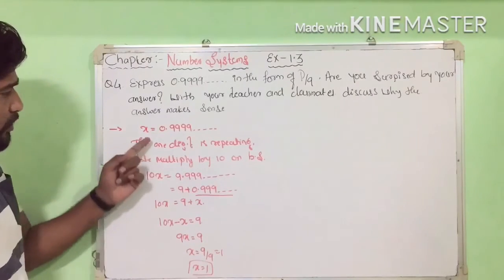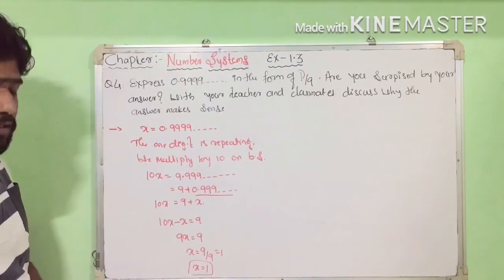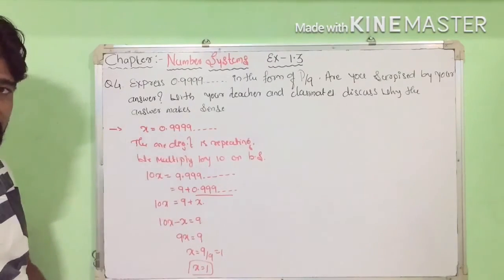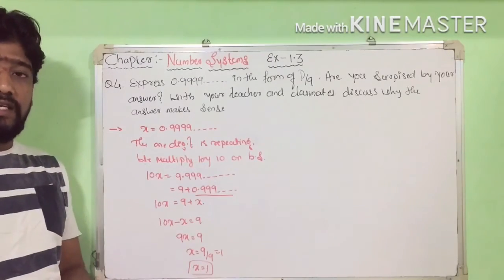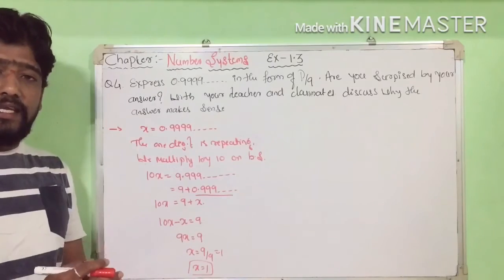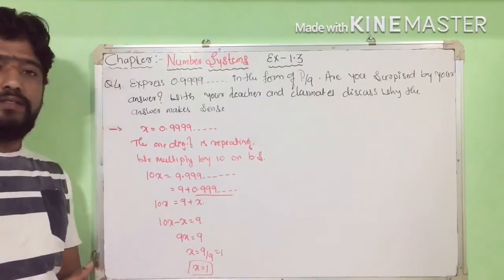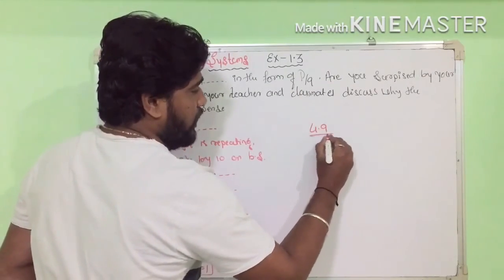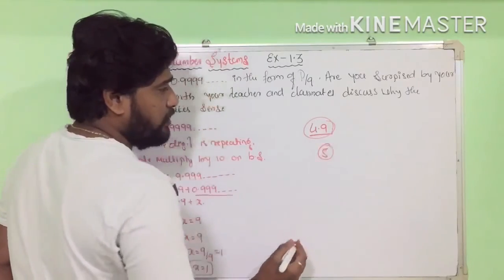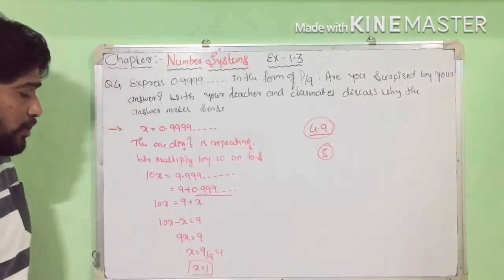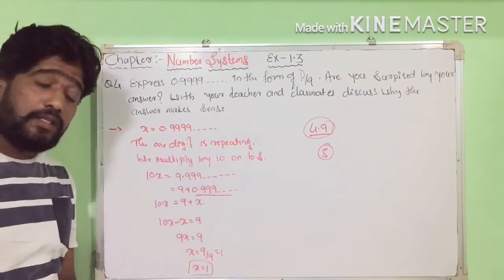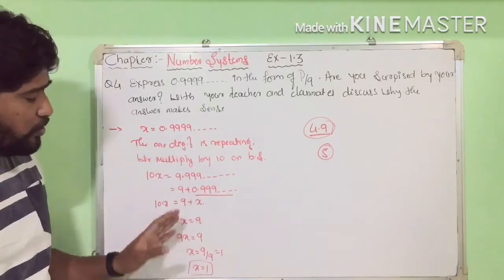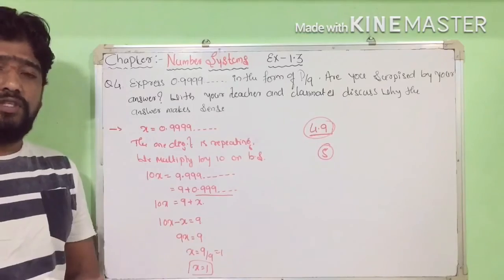The P by Q form of 0.999 is 1. So this one only is the surprise here. So here it is 1, but in decimal form it is 0.999. So this answer makes sense because 0.999 is infinitely close to 1. For example, 4.9 we can round off to 5. So here 0.1 we increase. So here 0.999 is closer to 1. Between these two, only a small difference is there. So this one only is the sense.